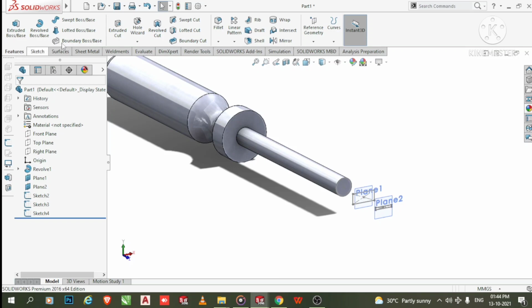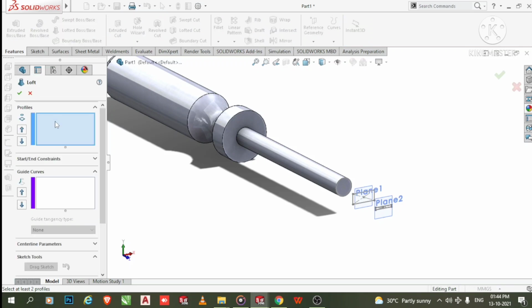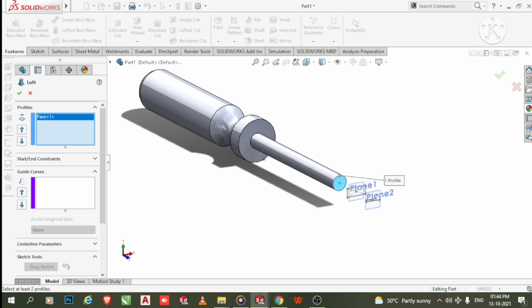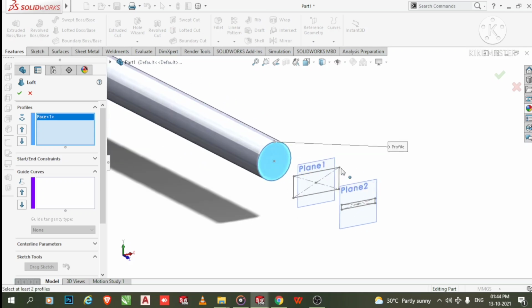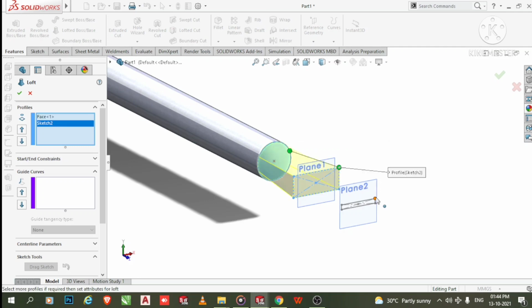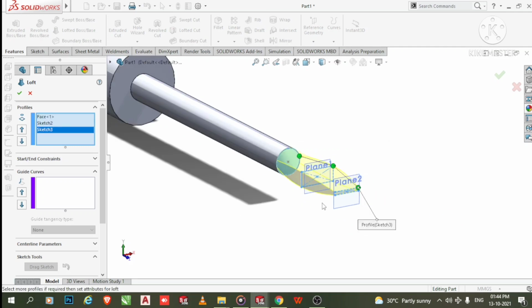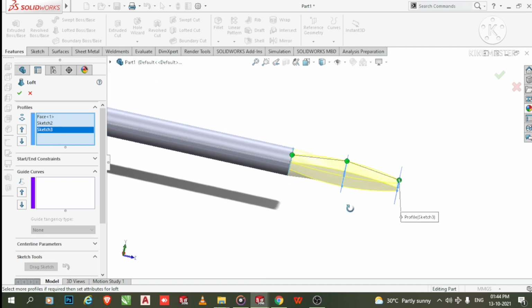So here go to the feature, now select loft boss base, select this one, and it will ask for profile. So first select this sketch. Now we select this end corner point and select this one. So look how we create this loft feature.